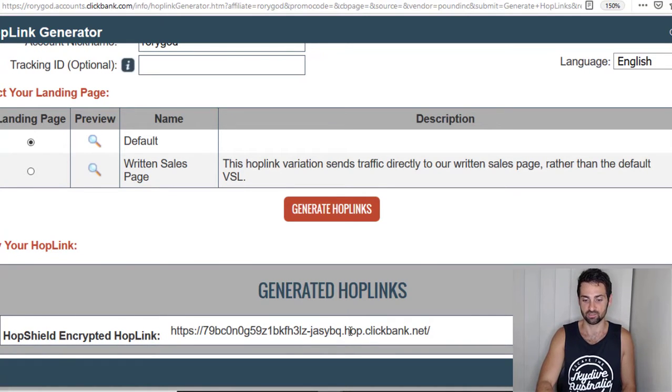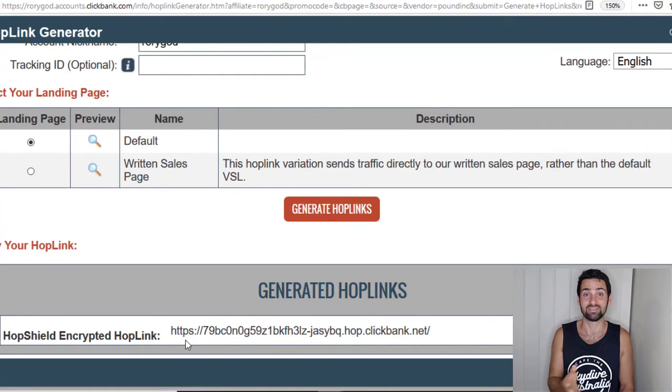So this is the link. Whenever someone clicks on this link and makes a purchase of that product, I would earn that $39 or whatever commission it was. But as you can see, this link doesn't look very appealing. It's got ClickBank in there, and all these different random numbers. So what I would suggest is you copy that link and take it over to